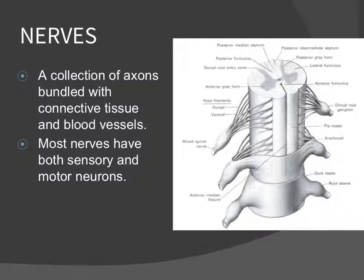When we look at just nerves in general, the nerve is a bunch of axons. So a nerve would be a few axons connected together. And most of them have both sensory neurons and motor neurons kind of on the same path, so that they don't have to take up